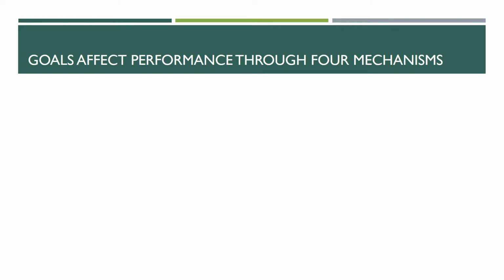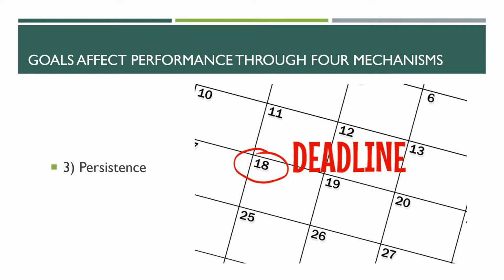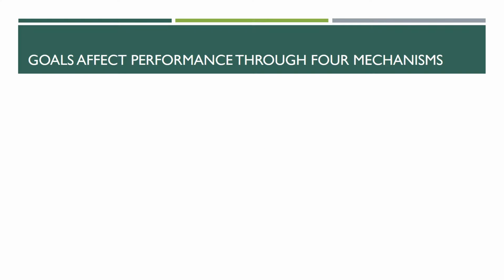Third, goals affect persistence. This represents the relationship between time and effort. For example, you have a school project and the deadline is within a month. You do it both ways. Nearing the deadline, you can do your project intensely in a short period of time or starting 4 weeks prior at an even pace. Fourth, goals affect our cognition.